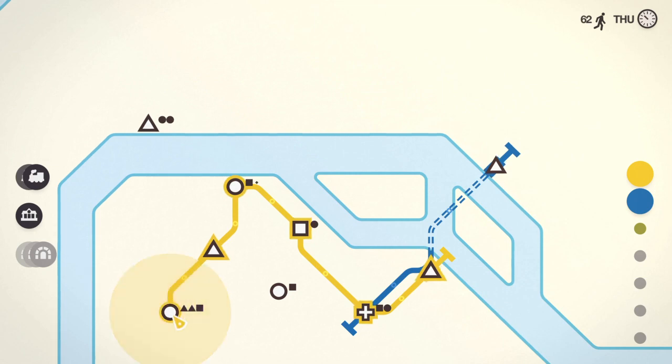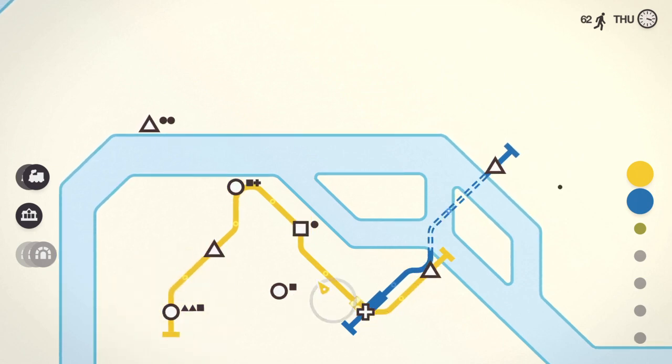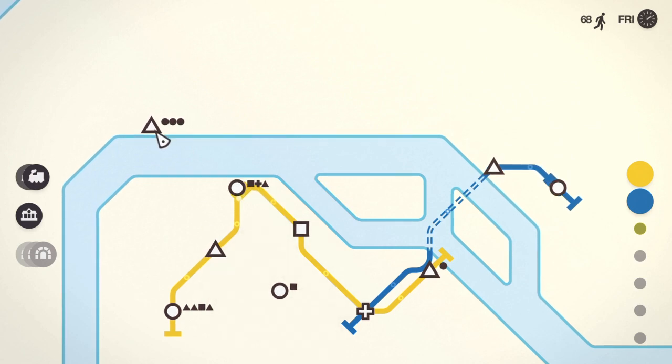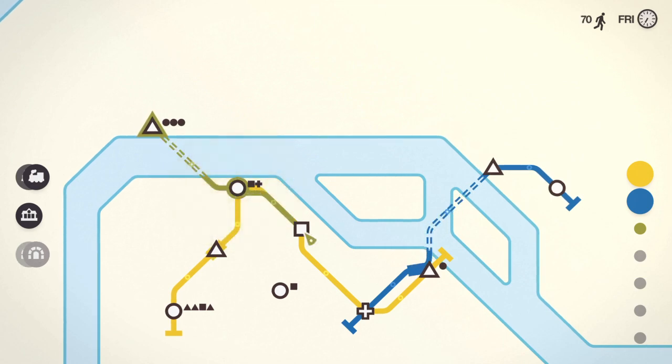It takes a while to get used to the PlayStation 4 controller, because there's a lot of double pressing to confirm that you have understood what it is that you're supposed to be doing. So we're going to have an issue here with the triangle. What I'm going to try and do is get this third bridge in here